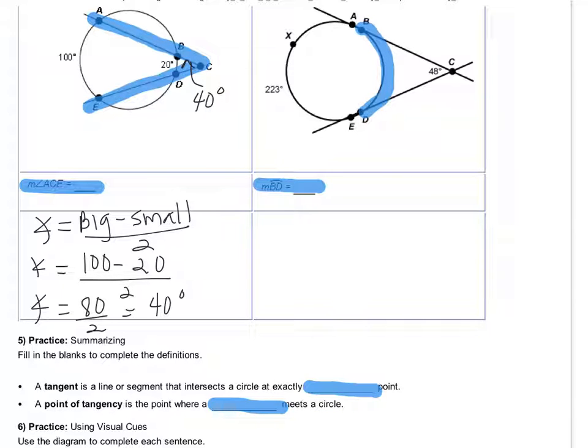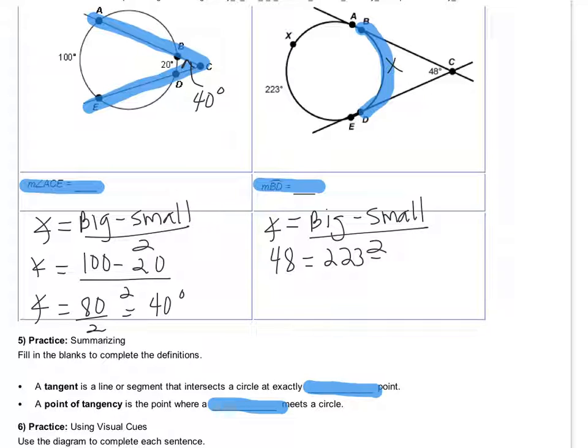We'll do the next circle the same way, but we're trying to find the measure of the smaller arc, BD, highlighted. Once again, we start with what we definitely know. The angle is equal to the big arc minus the small arc divided by 2. My angle is actually given this time. It's 48. 48 is equal to my big arc, which is 223, minus my small arc. I don't know what it is, so I'm calling it X, all divided by 2. A quick way to get rid of that fraction is to put 48 over 1 and cross multiply. So 48 times 2, we get 96, is equal to